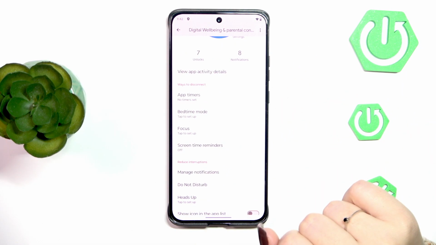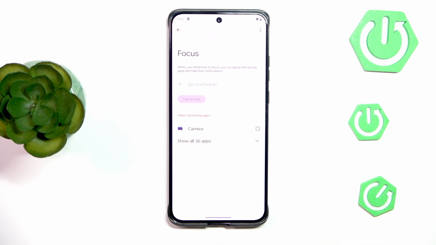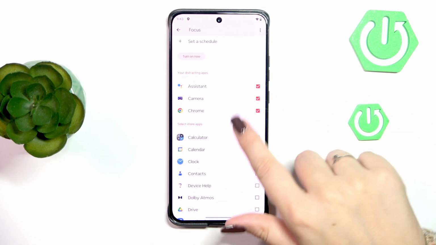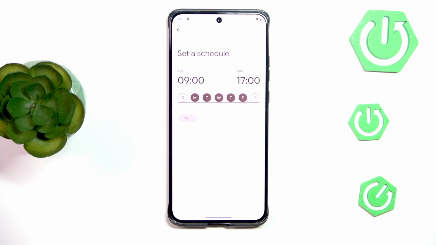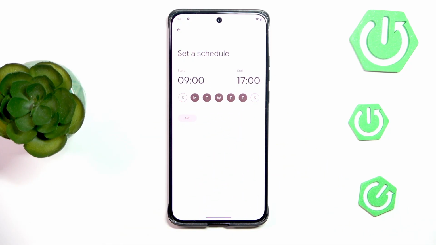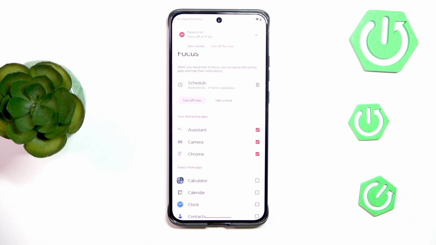And other things like, for example, focus mode. So for example, if you've got a lot of apps which are distracting you, so for example they are sending a lot of notifications, then you can choose them. Tap on set a schedule, and here we can choose specific days of the week and specific hours. So for example your working hours or any other hours you want to, and after tapping on set, your device